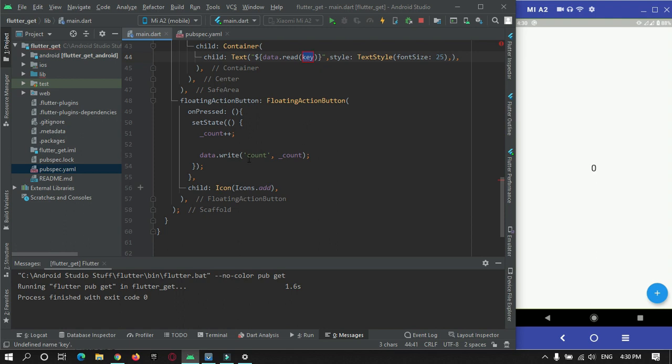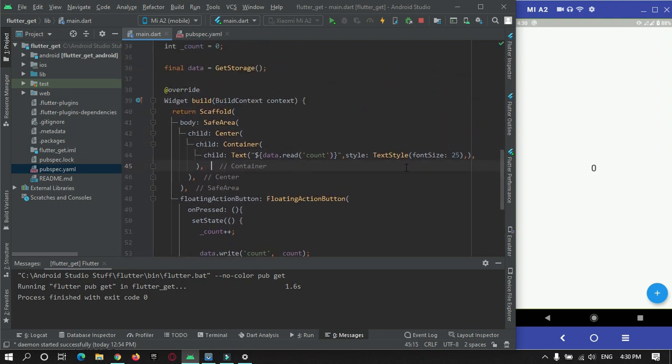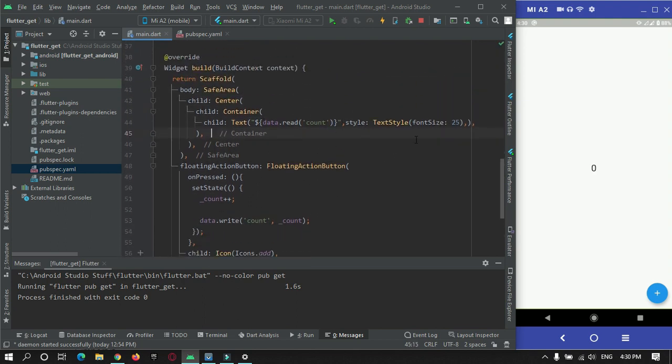To write the data in the memory, we made use of write, and so now we need to read. So we will make use of read, and the key is this thing, the count. Now this will get printed on our screen, the instance data will get printed on our screen.